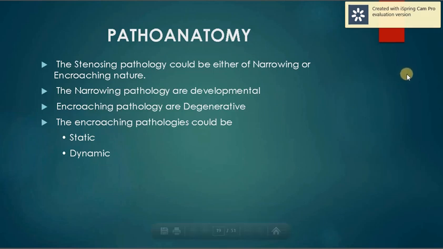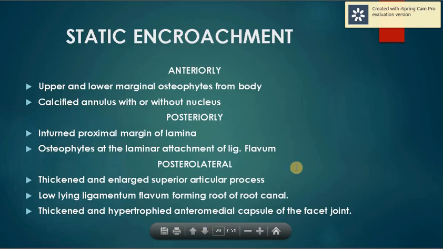Now, what is the pathoanatomy? The stenosing pathology could be either narrowing or encroaching in nature. Encroaching means a kind of impingement. Narrowing means the canal space is narrowed. The narrowing pathologies are mainly developmental. Encroaching are mainly degenerative. The encroaching pathologies could be static or dynamic. Now, if the encroaching is static, then anteriorly there are apparent lower marginal osteophytes from the body, calcified annulus with or without nucleus,